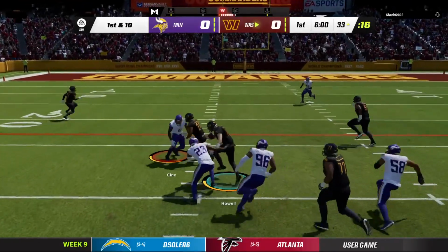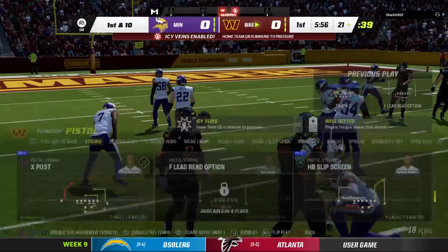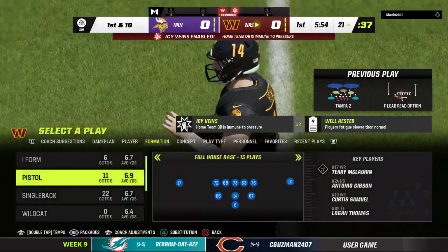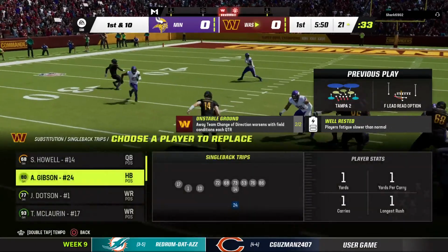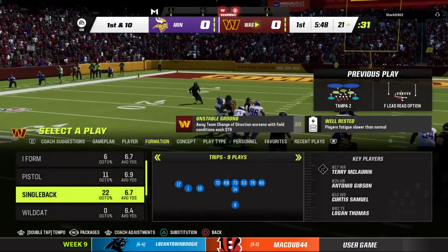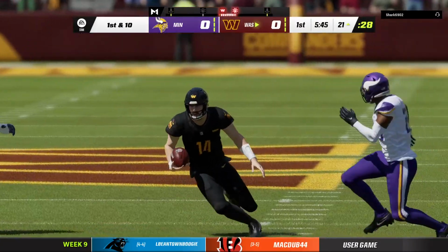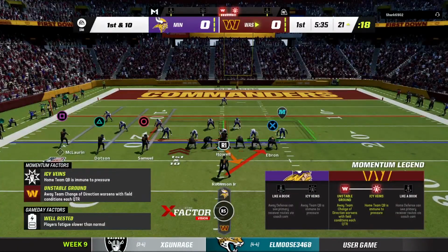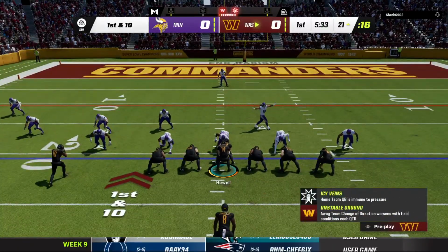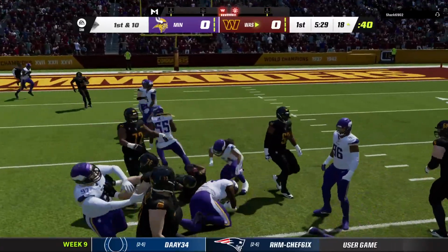Option left. Howell's going to run with it. And this turns into a nice gain with a slide at the end. Another nice gain. That's now 30 yards between those last 2 plays. That may be a sneak peek on this opening drive of what this young rookie can showcase, his legs. And normally, as you start a game, you're just thinking, can he get the snap? Can he hand off? Can he just execute? Instead, he doesn't waste any time on wrapping another dimension to his game, showing off those wheels and picking up